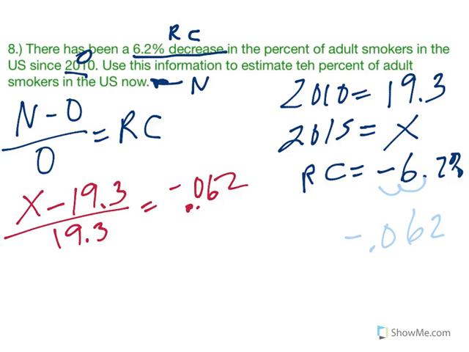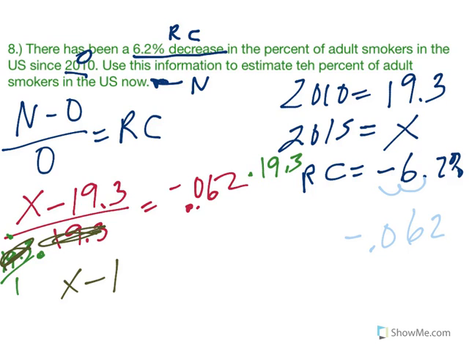So in order to get my new value by itself, I've got to get rid of that fraction. So to get rid of the fraction, I'm going to multiply both sides by 19.3. I should have given myself more room for this too. On this side, if you multiply the fraction 19.3 over 1 times x minus 19.3 over 19.3, these 19.3s cancel